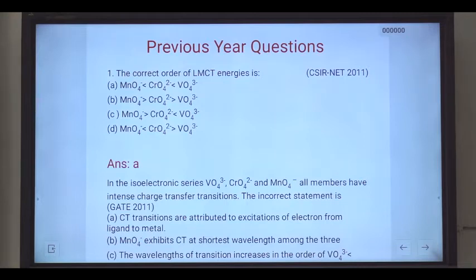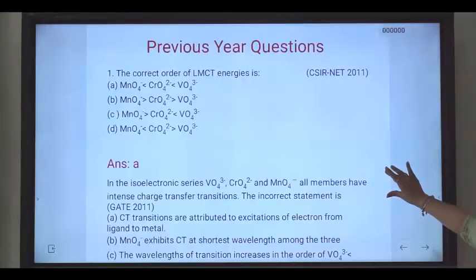So for the next question, in the isoelectronic series VO4 3 negative, chromate ion CrO4 2 negative and MnO4 negative, all the members have intense charge transfer transition. They have already given in the question that these compounds show charge transfer transition. So the incorrect statement is, this question appeared during the GATE examination in 2011, and the options are: CT transitions